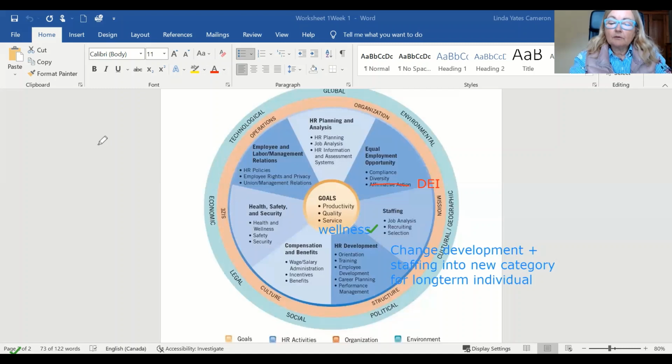So in week 4, you're actually going to be doing an assignment on wellness and putting together a proposal for the pharmacy on how they could approach wellness. And the pandemic again has really shone a light on the amount of stress that people are having that's associated with workload, working from home, Zoom meetings, all of this stuff. Erin has her hand up. Would you like to say something, Erin?